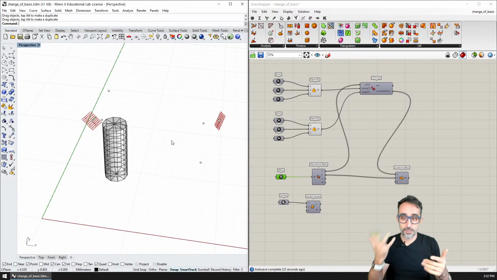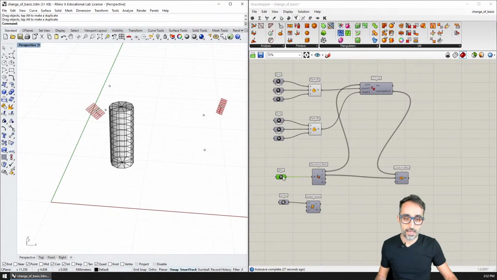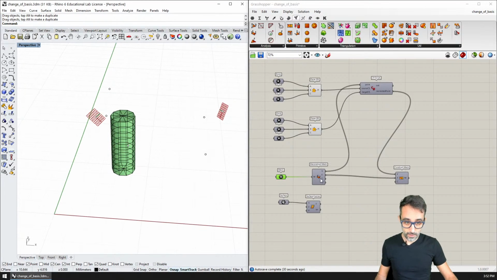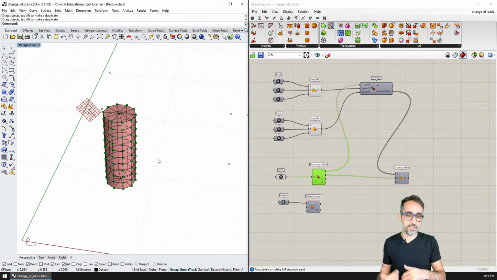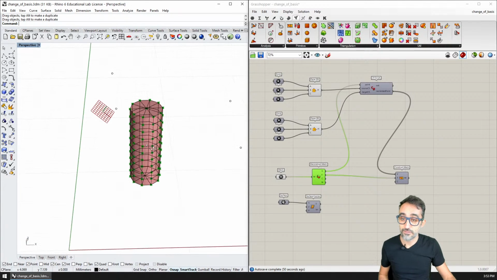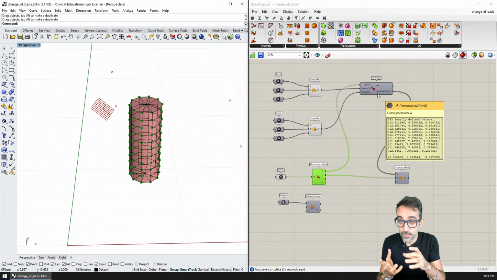So with a mesh, it looks something like this. I have created a simple cylinder mesh in Rhino. I have brought it into Grasshopper, and I have deconstructed the mesh into vertices, faces, colors, etc. Everything that is contained in a mesh. But at the end of the day, think about meshes as just point clouds that are joined with triangles. And because each one of the vertices of a mesh is a point, I can feed all the points of the mesh to this tool that I have created to take